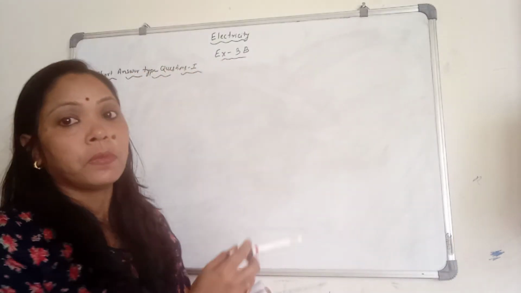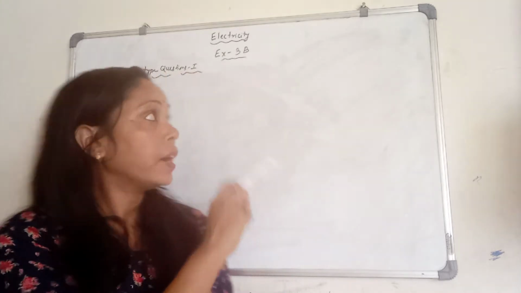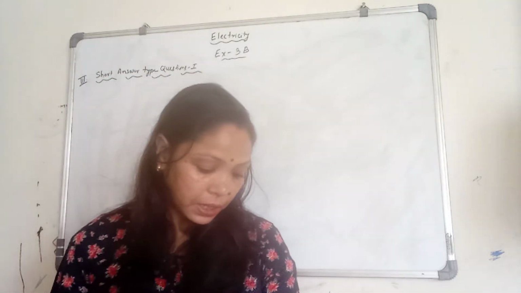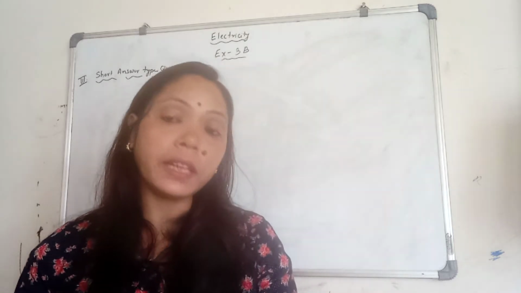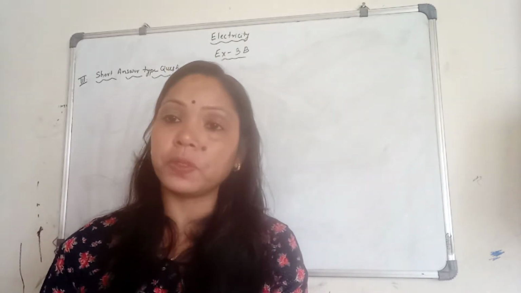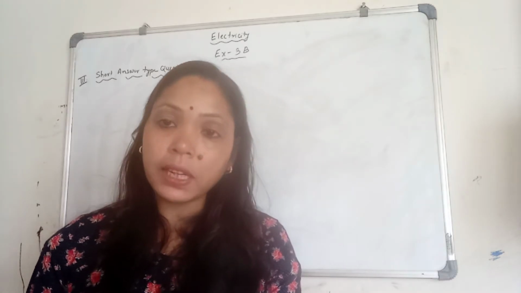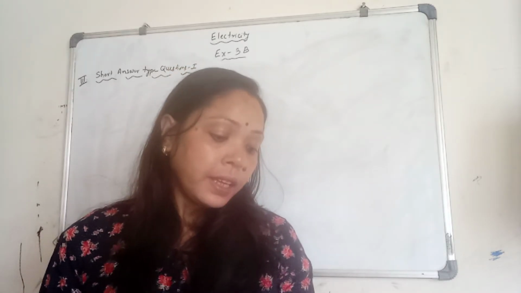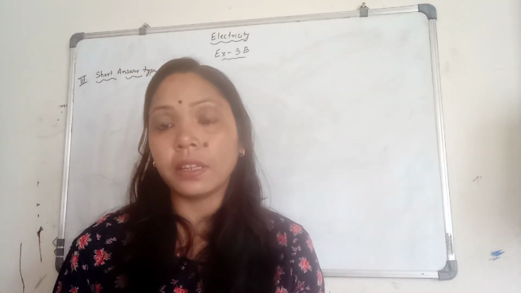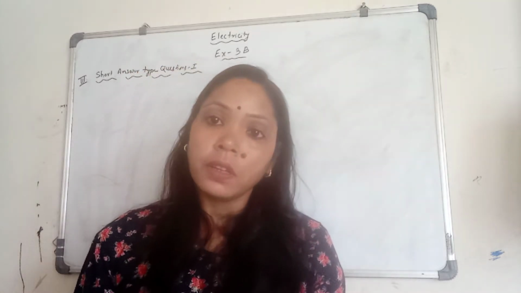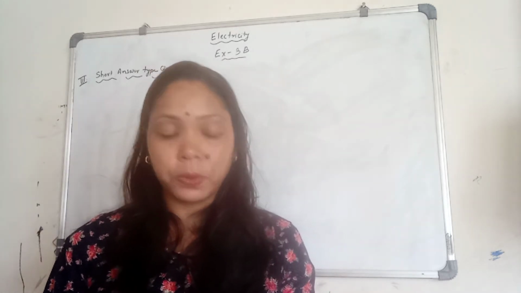In this video, we are going to discuss short answer type questions, type 1 of exercise 3B. So first question is, state Ohm's law, express it mathematically and define the SI unit of resistance, ohm. First you have to write the statement of Ohm's law. Then mathematically, that is V equal to Ri. Then define SI unit of resistance. It means you have to define the 1 ohm. This answer you can write from your textbook.